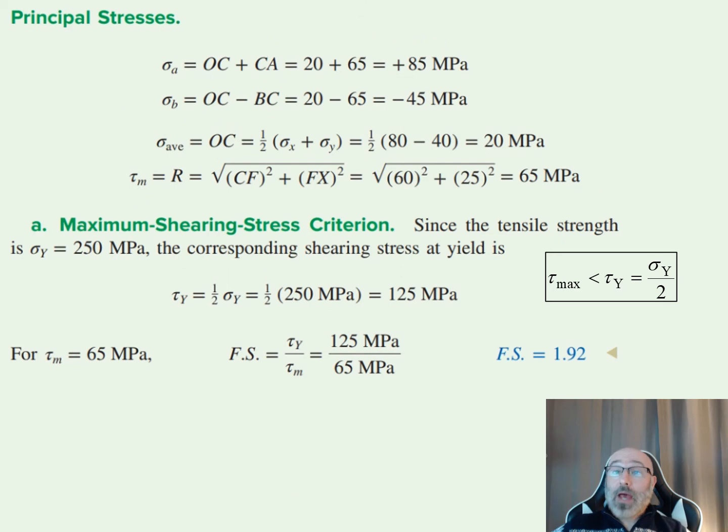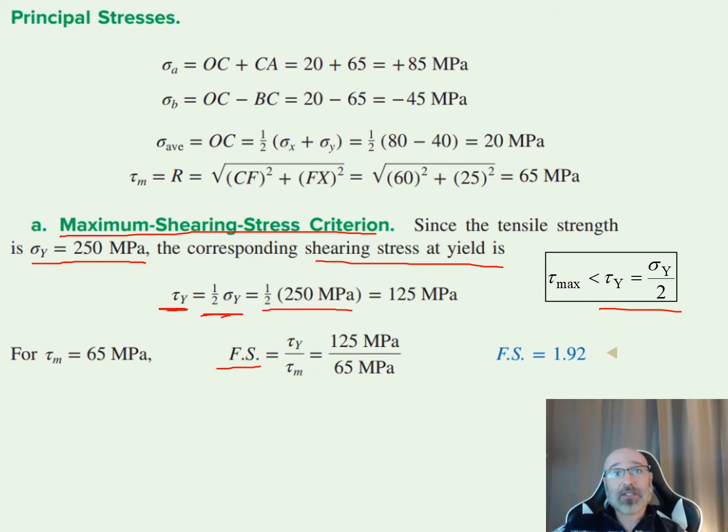So now going back to our setup page and our initial problem statement, we recall they asked us to solve two different ways for our factor of safety right here. The first thing that asked us to use is maximum shearing stress criteria. So with this here, since the tensile strength right here is given to us in the problem statement, that our sigma Y is 250 megapascals, then the corresponding shear stress at yield we can find by this relationship here that we saw earlier in the lecture that I boxed in over here, that our tau sub Y right here, the shearing stress at yield, is equal to 1/2 our sigma Y. So we can just plug this in as 1/2 of 250 megapascals gives us